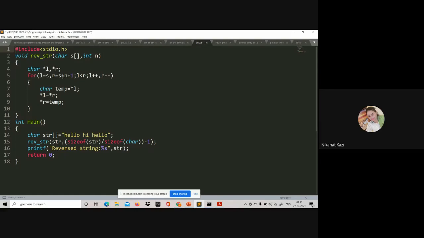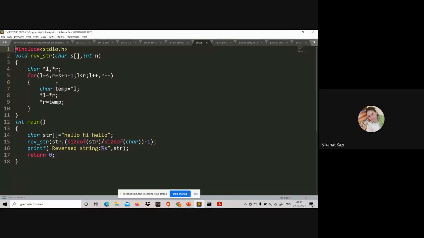So S plus N is going to give me one character more extra, so minus 1. So you start from that character, because S plus N is going to give me the null character. Okay, so then you simply just do an L plus plus and an R minus minus, and here you're doing the swapping logic. That is what you're doing,